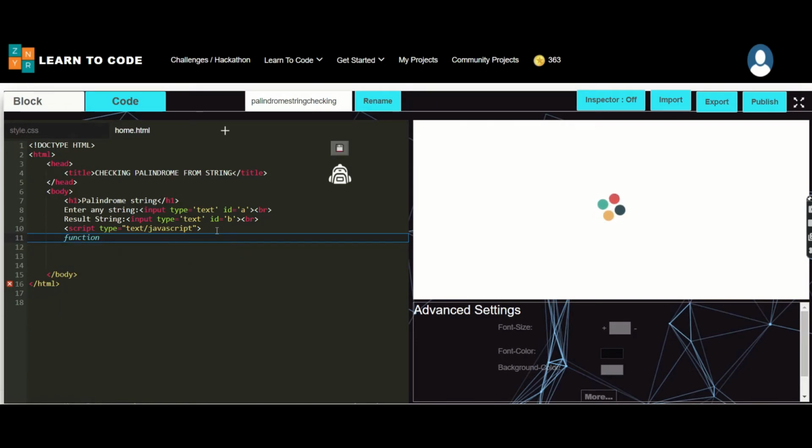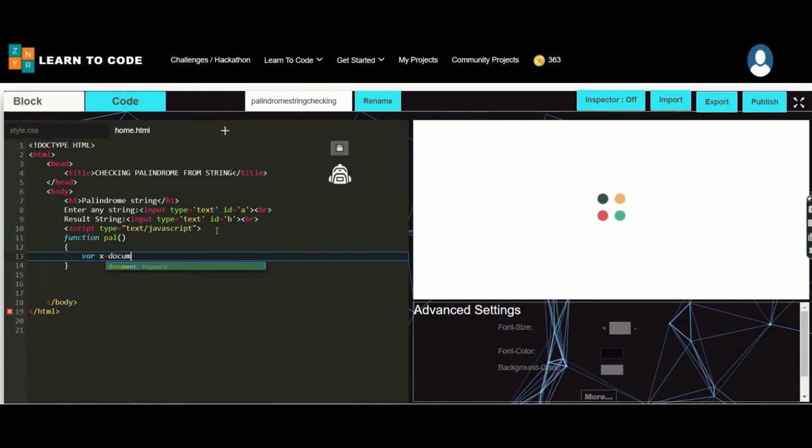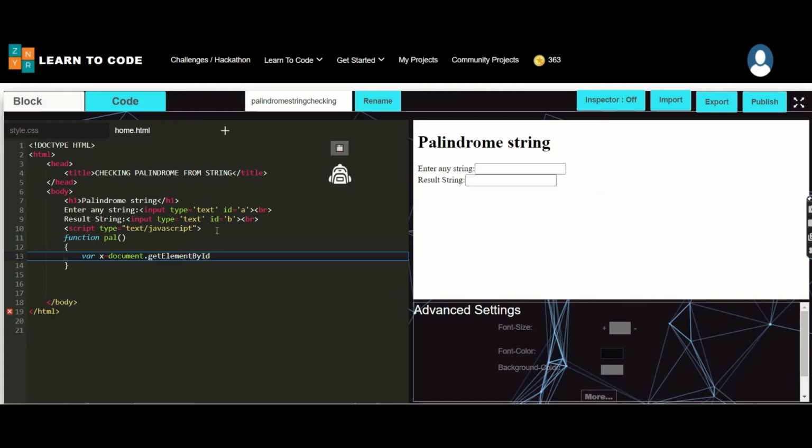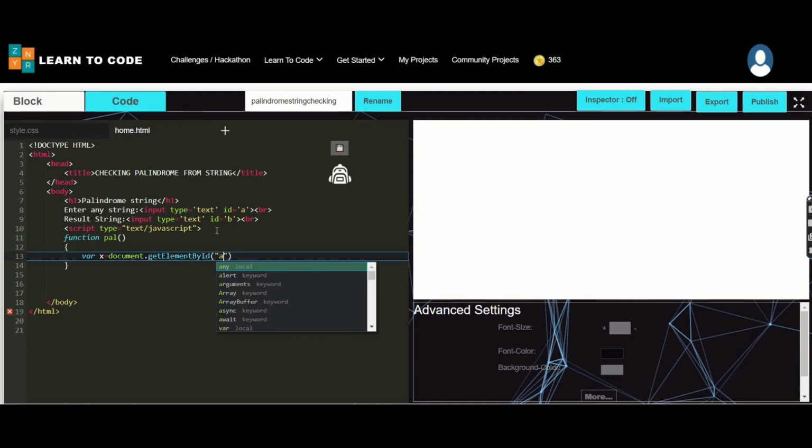Next I'm going to declare the function as function poll, and I'm going to start my process by declaring the variable x equal to document.getElementById, which should get the value of a from the user.